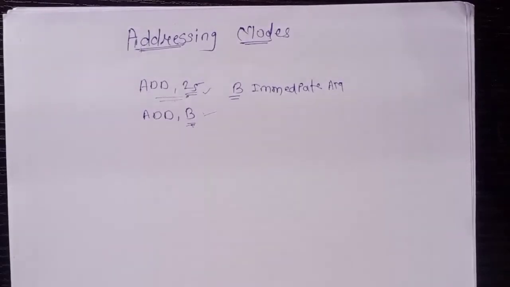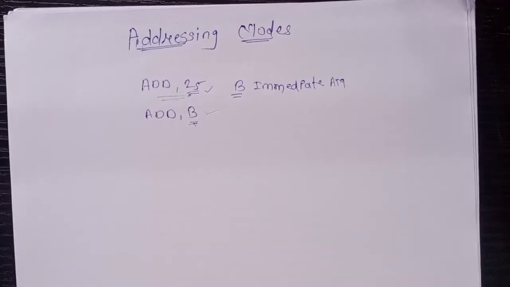Now if you know the address, you don't know the data directly, you know the address of that data. And one more additional thing is that you don't know the address directly. This address is given inside a register. So what is the process? First the processor will have to find the register, then go to that register. This register will contain the address of some memory location. Then your processor will go to that memory location and fetch the data. So this is the way we are doing addressing.